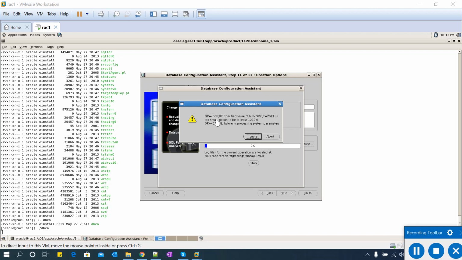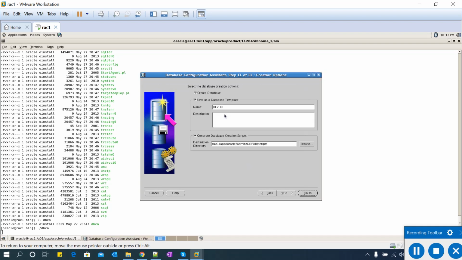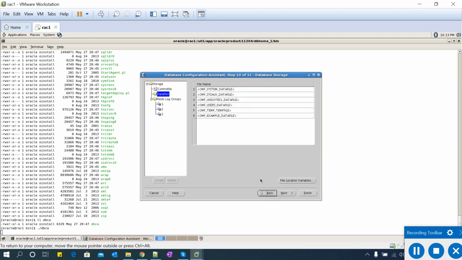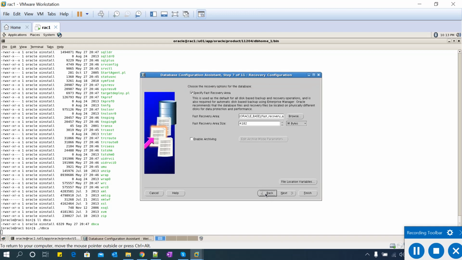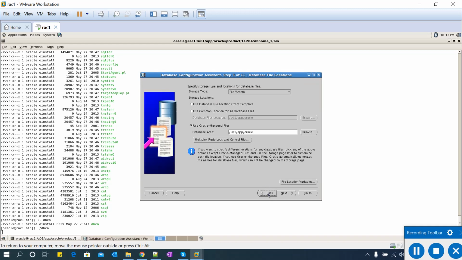That 750 MB memory is not enough. At least it needs 1012 MB. So I'll just abort it, then click OK, and then I'll go back, go back, go back, go back, go back.